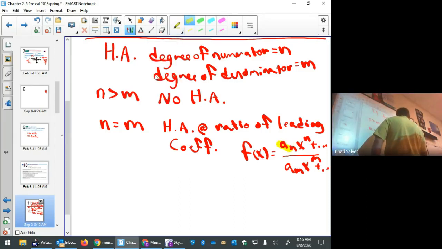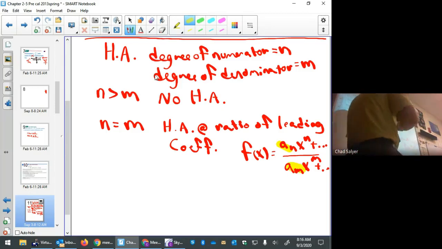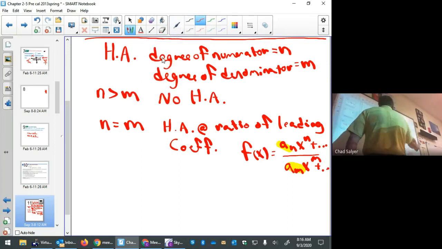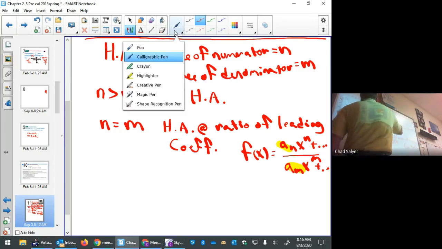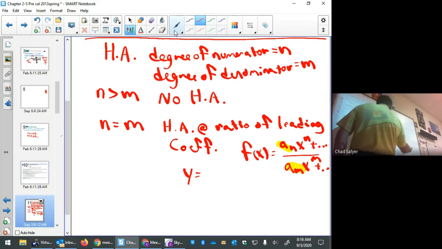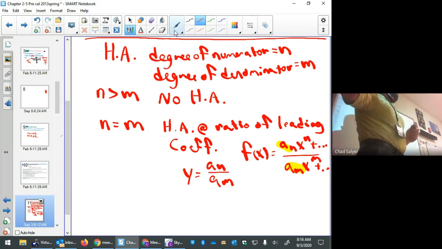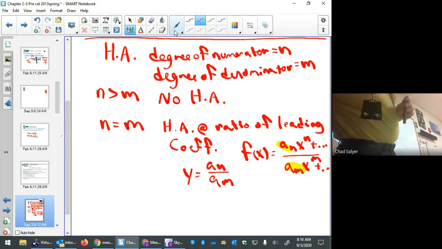Whatever this number is that's attached to our highest power of x in the numerator, divided by whatever this number is that's attached to the highest power of x in the denominator. So y equals a sub n over a sub m is our horizontal asymptote. That's the most complicated scenario when they have the same degree, as far as finding the horizontal asymptote goes. All right, so